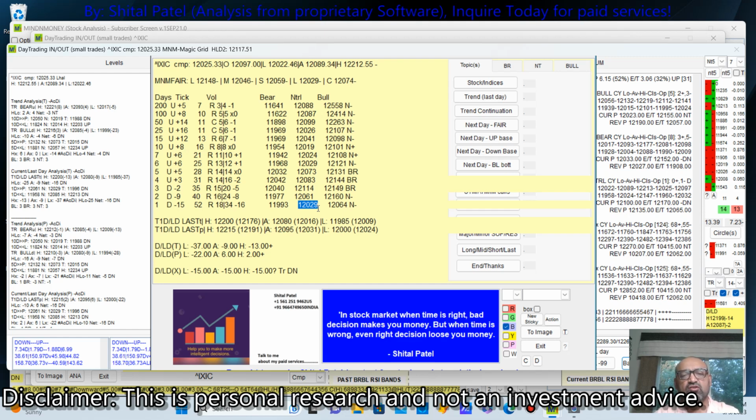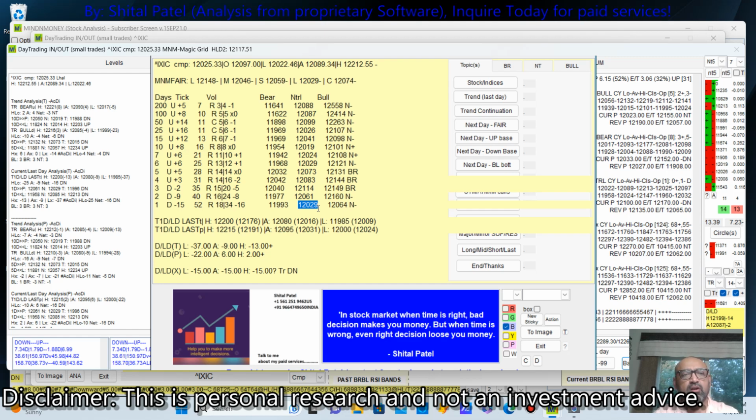Why am I now saying short covering? Because there is a downward trend. So I would say short covering, basically it's a buying interest, but we call it short covering, right? So that's about 12,064, averaging with the day high. Okay, so these are the